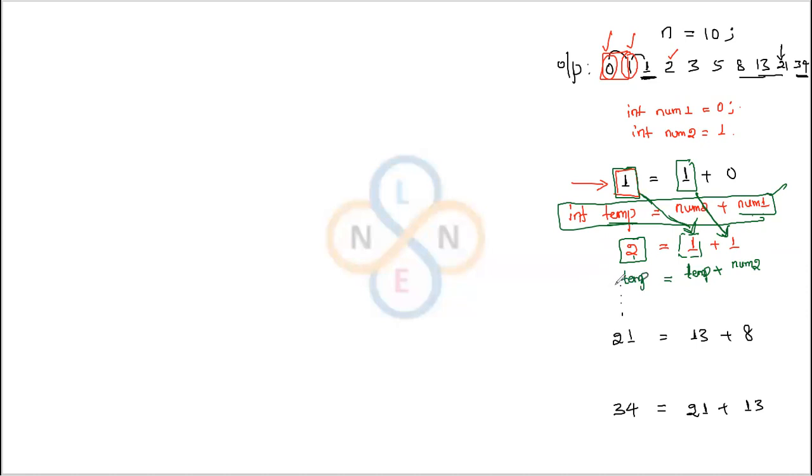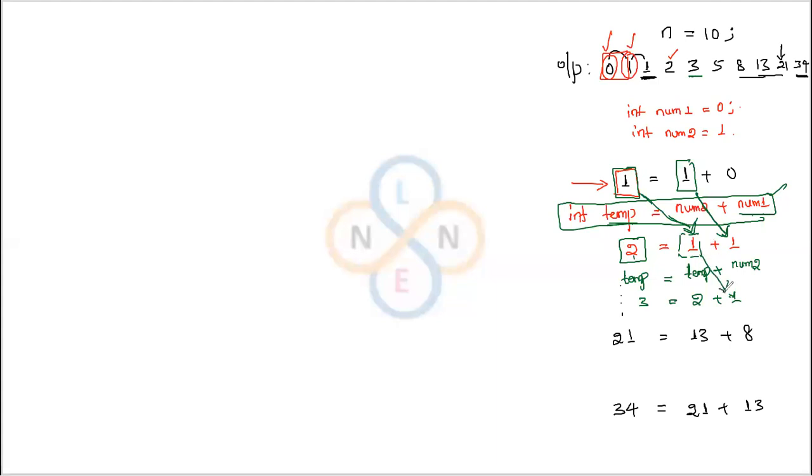Correct? I hope this step is clear. Okay, let me go for one more iteration. How to get 3? To get 3, we have to add 2 and 1. So 2 plus 1 gives 3. So 2 is this, 1 is what? It's a previous step,